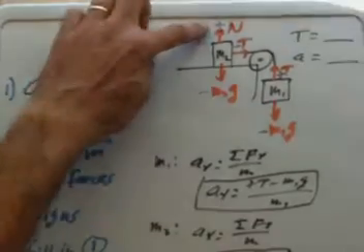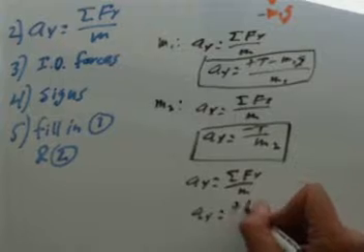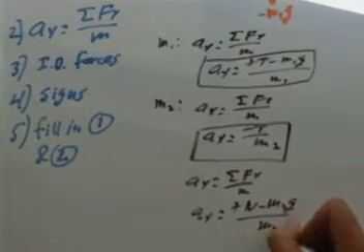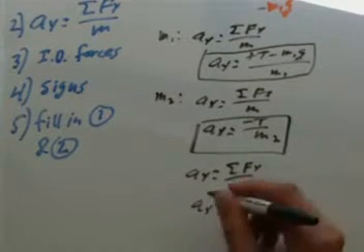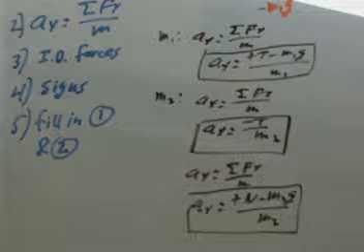I see a normal force up and I see a weight down. So I'll go fill this in. I see a plus N minus m2g divided by m2. Here's my y acceleration, and you can put a box around this, and you're essentially done. You finished step 5. You filled in equations 1 and 2, but there's a bit of interpretation now to figure